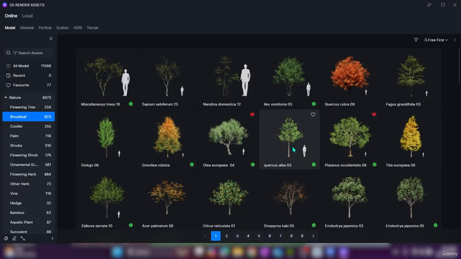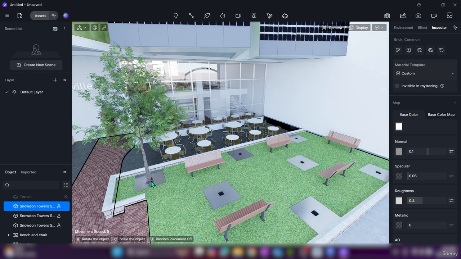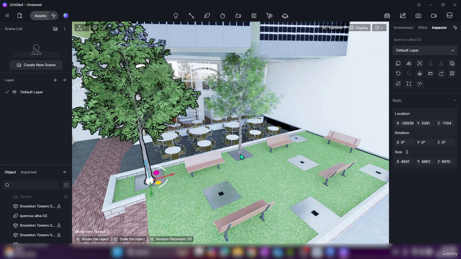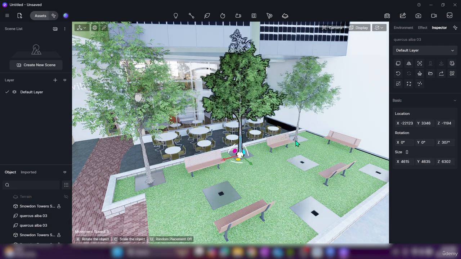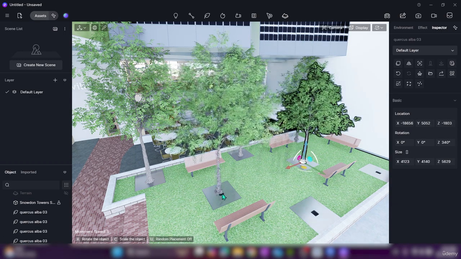So here, what I'm gonna do is I'll just add some random trees all over here. So I'm gonna place this one here. And here you have a new option called the random size. So I'm going to click this one and you can see now it has been a different type of random trees here. It's pretty new to the DeFi as well. So I'm going to add some of the